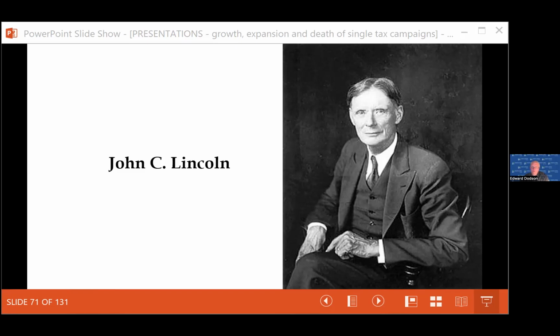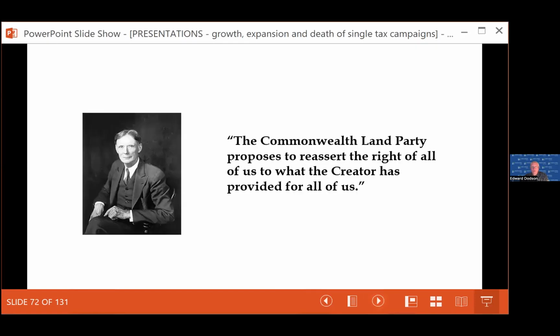But in 1924, he explained to readers of Land and Freedom why he chose to run for the vice presidential position in the United States. He said this: